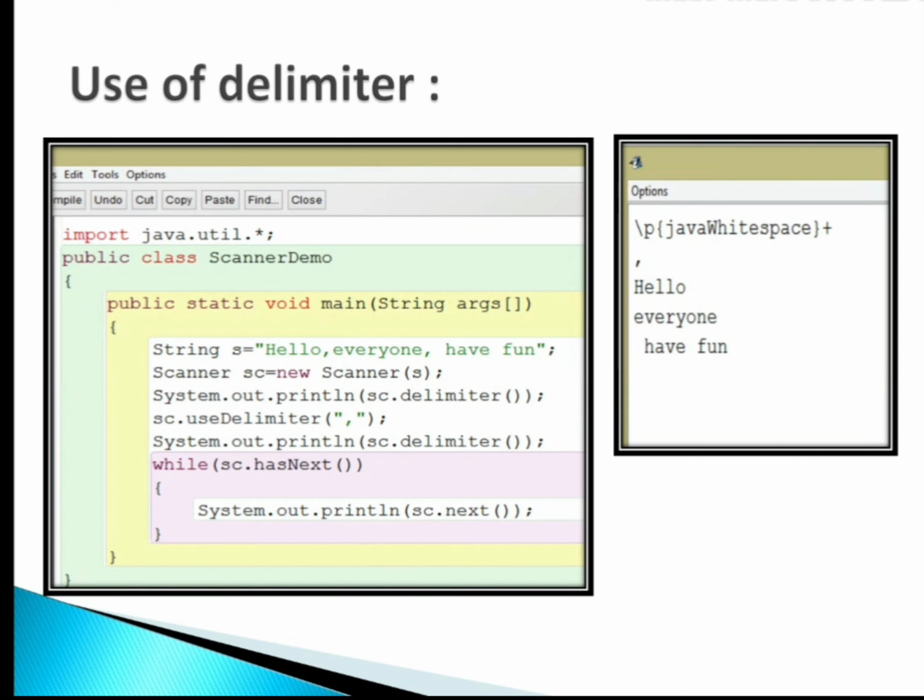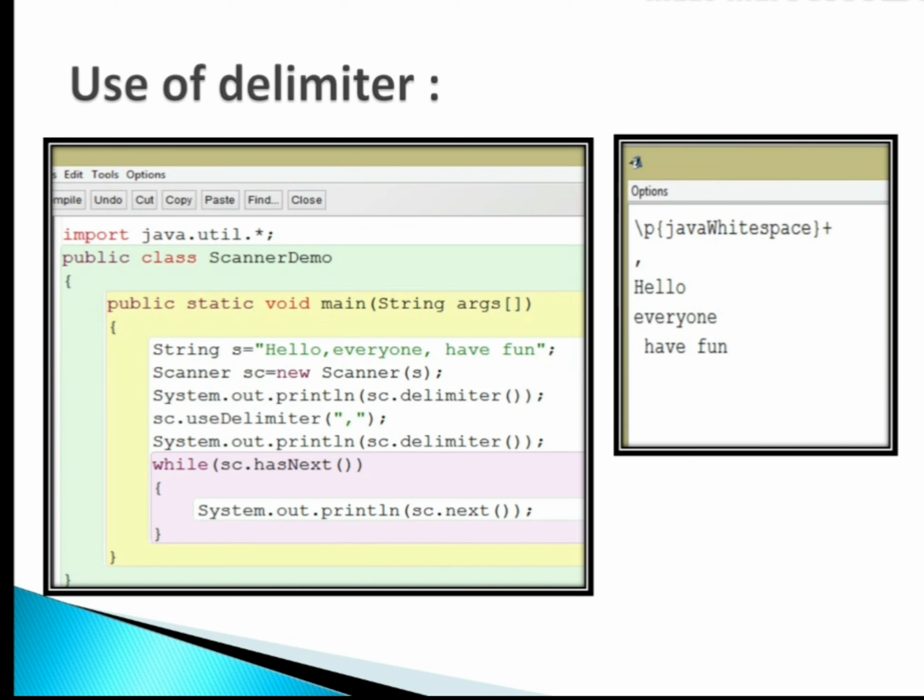And sc.delimiter shows us which delimiter we are using right now. In the output we are getting Java white space because this delimiter is white space. Then I am trying to change that delimiter to comma.